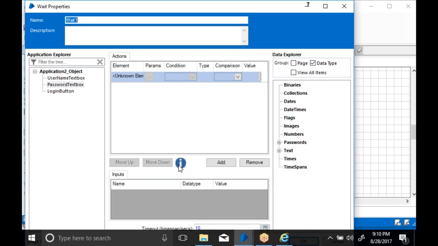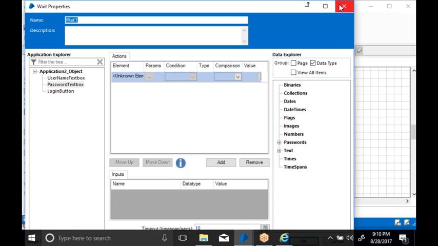For suppose you have a 1 to 10 range, and it is able to load within 2 seconds. Now the remaining 8 seconds you are going to wait. How to avoid this, how to make it dynamic? If it is loaded within 2 seconds, I have to proceed. If it takes 10 seconds, let it take 10 seconds and proceed with the next. So I have to put in the dynamic wait.